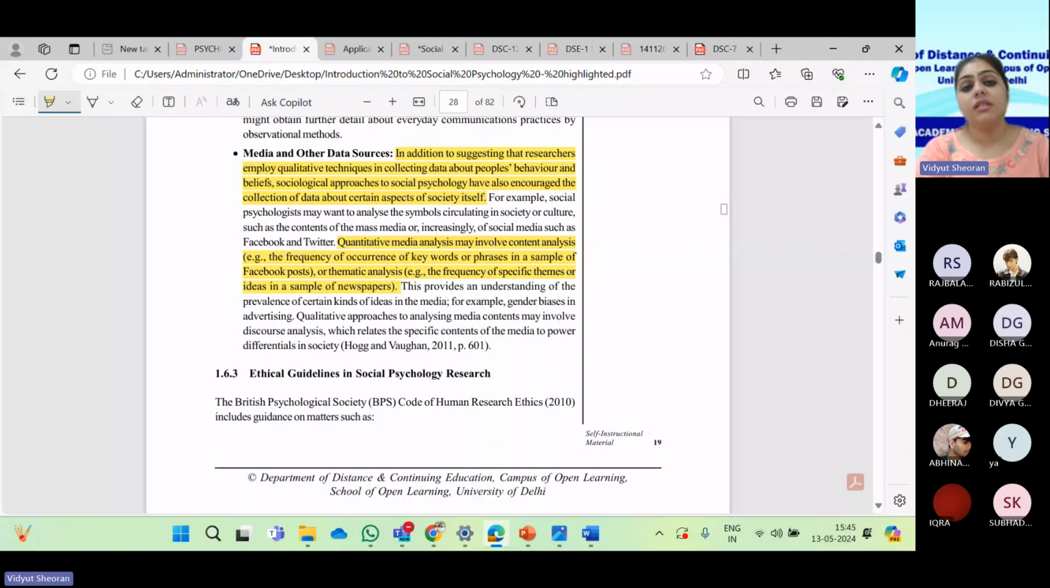Then through media. So researchers employ qualitative techniques in collecting data about people's behavior and beliefs, sociological approaches to social psychology, and they have also encouraged the collection of data about certain aspects of society itself. So quantitative media analysis may involve content analysis, such as frequency of occurrence of words, phrases, such as Facebook posts, how frequently certain Facebook posts are occurring, what are the responses to the Facebook post,